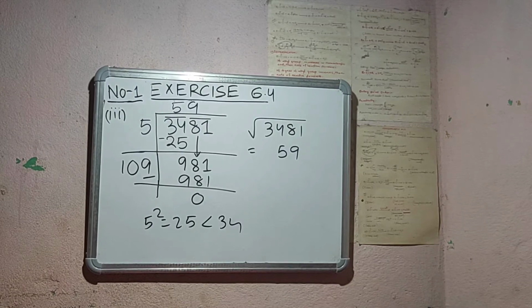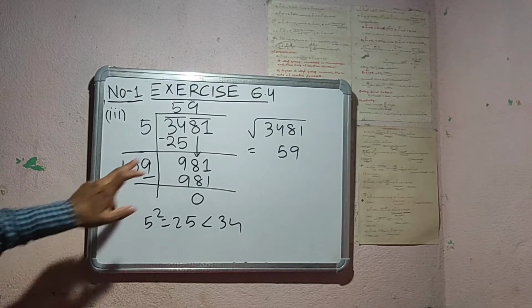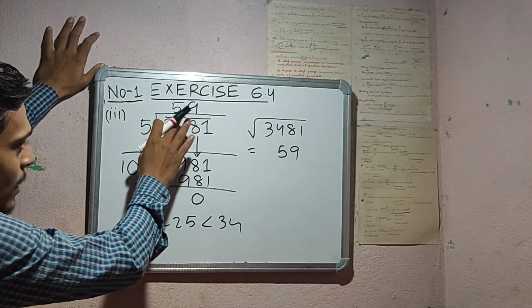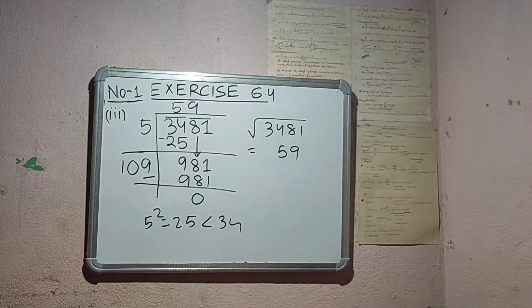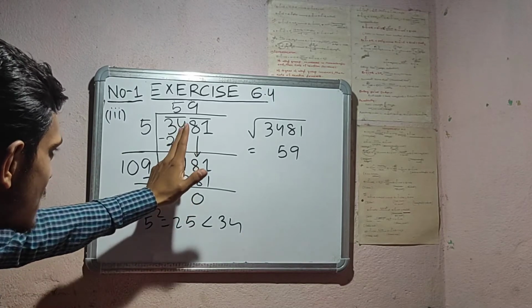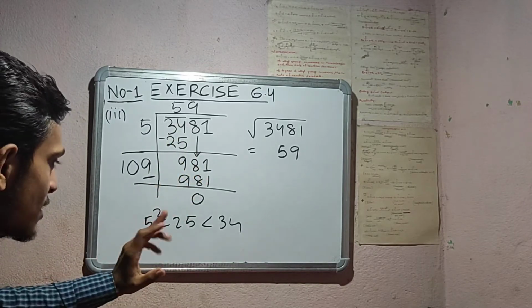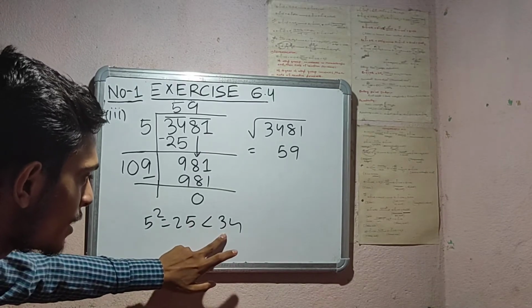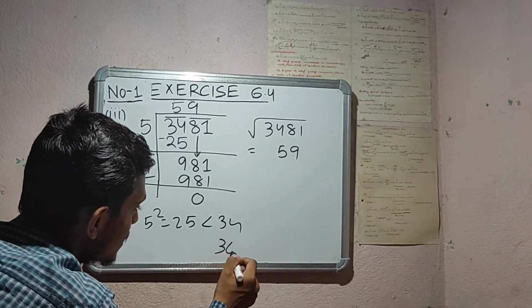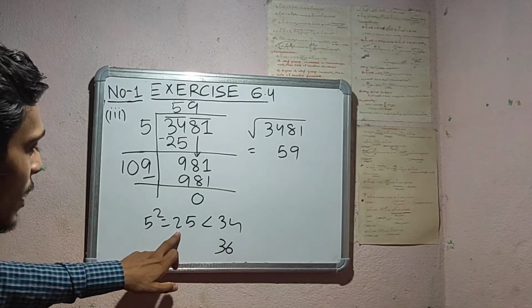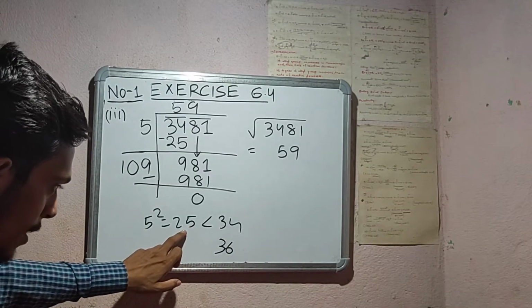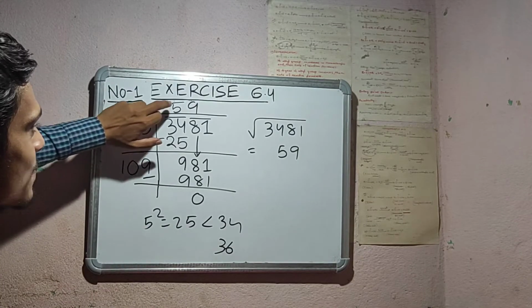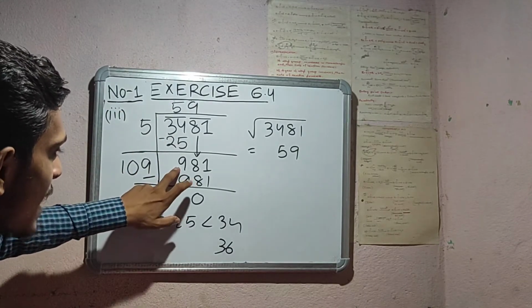So the next bit is bit number 3, that is 3481. From the right-hand side I pair the digits and place the bar. Then I start from the extreme left, that is 34. I have to find a square number that is either less than or equal to 34, but 36 is greater than 34. So I take 25 as the previous square number, that is the square of 5. So my divisor will be 5. 5 5s are 25. Then the remainder is 9. Clear?